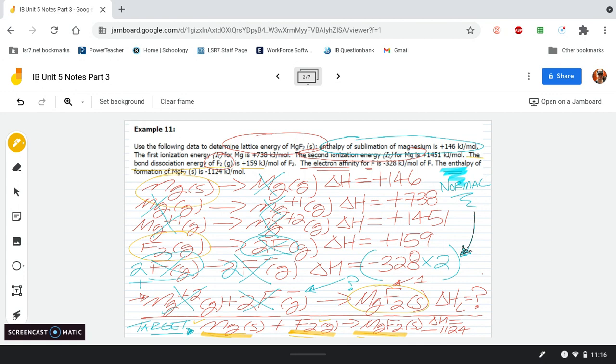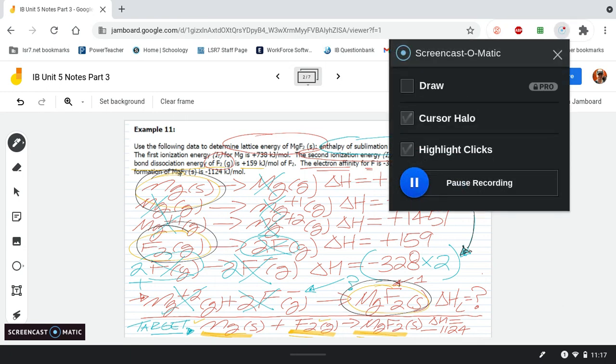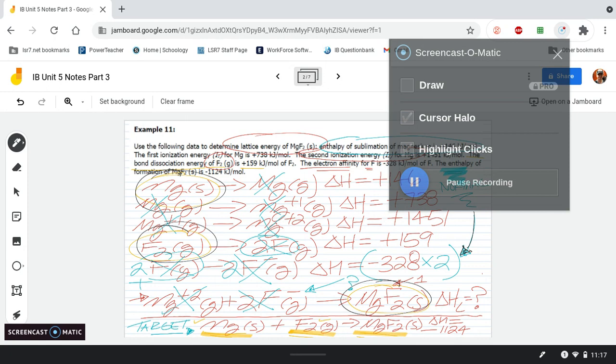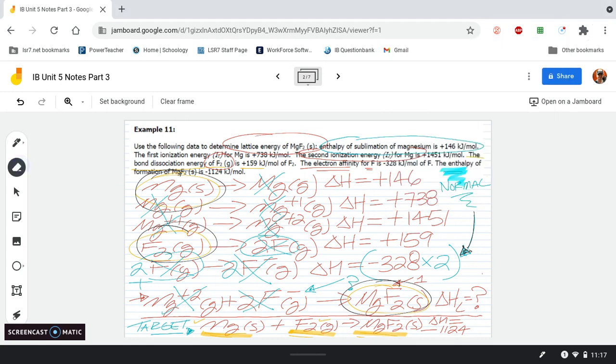If you do everything like this and you get everything to cancel and the only thing that's left is the things you want, so I want this, I want this, I want this, and I want this, if everything else cancels, then you just simply add all these numbers up, okay? So we're going to add them up and see what we get. I don't have a ton of space here, but we'll carve out the answer. So let's get our calculator out. We're solving for this down here, the question mark, right? So that is